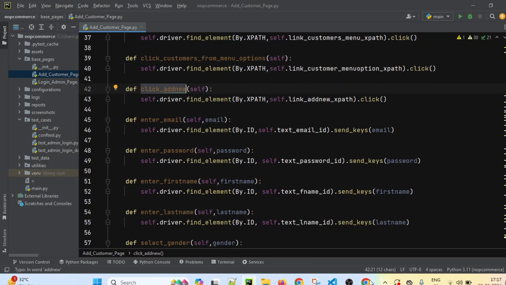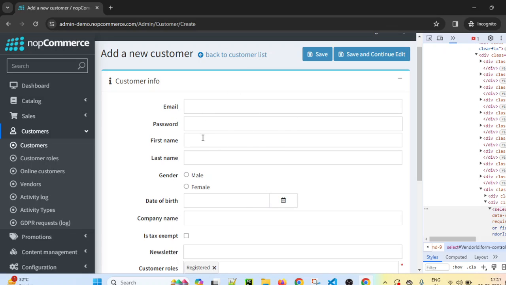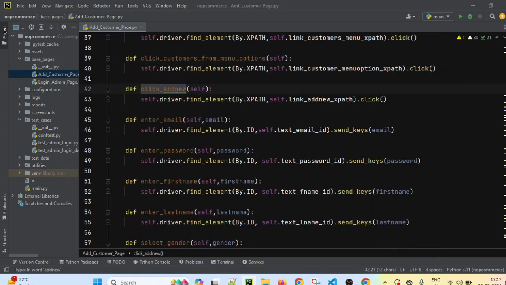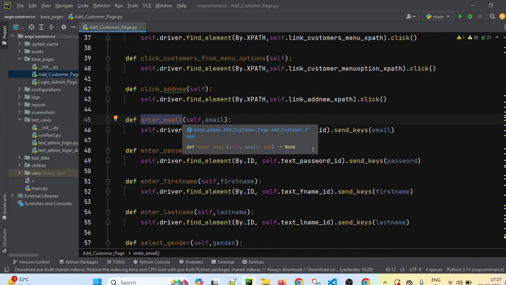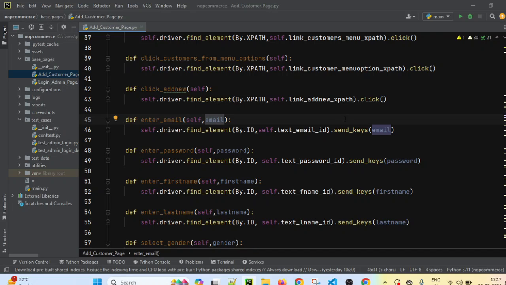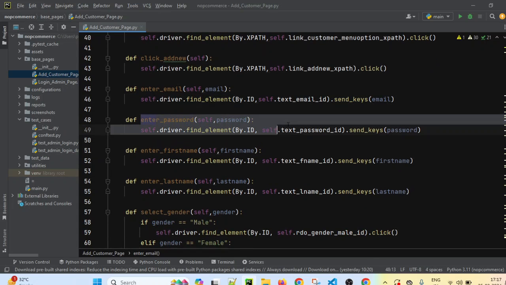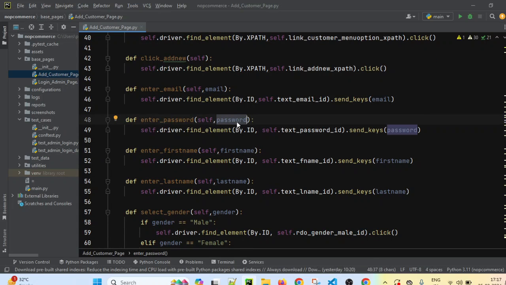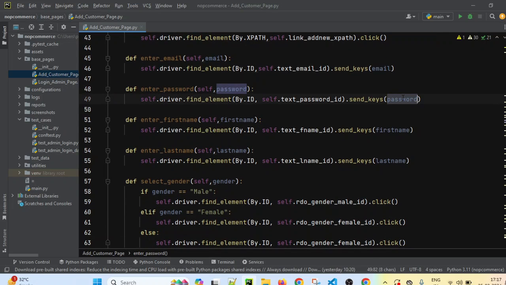So after that, we have reached this page. On this page, we have to select this email field and enter the email ID. For that, I have written one enter email method which will take the email ID from our test case. From the test case, we will pass this email as a parameter. Then this email ID which will be passed from the test case, we will use as input in this action. So it will pass that email ID into our input field. Similarly, I will put the password as well. We are accepting the password from the test case, and that will put the password in our password field.